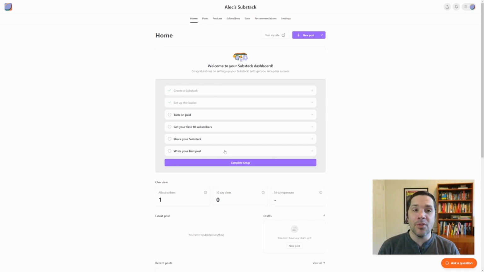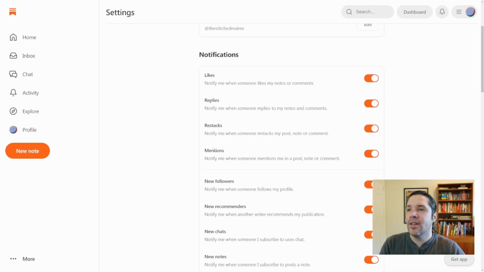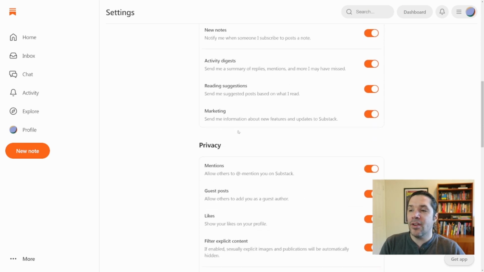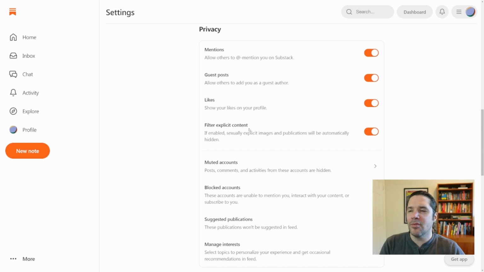I think part of the reason there's an emphasis on just writing your first post is Substack is very much newslettery, i.e. very often you can just get the posts as an email, and a lot of people do that, so there's less emphasis on setting up your page. There's a lot of control over different notifications that I could or might not get. That's more of a reader thing.